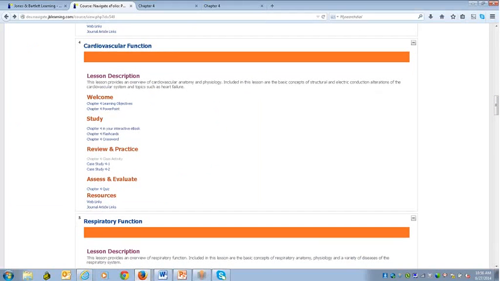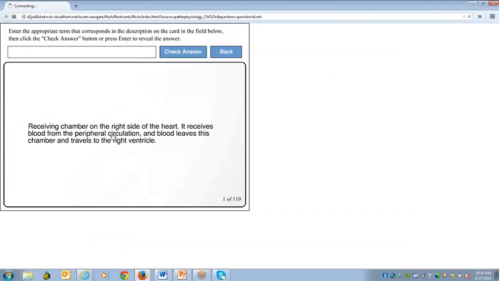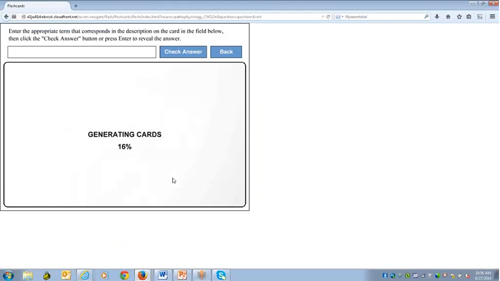So we've looked at the e-book. We're still in the study section, and now we're going to take a look at the flashcards. Again, another tool that's really easy for students to utilize. Again, really offering them options for doing some practice, and they can use this tool over and over again. This is all of the terms, the glossary terms from Chapter 4 are included in these flashcards, and